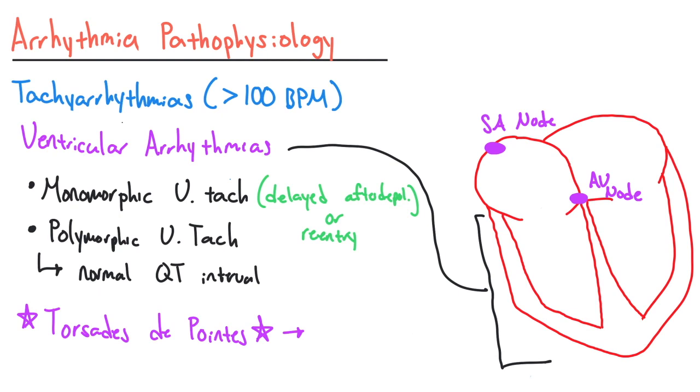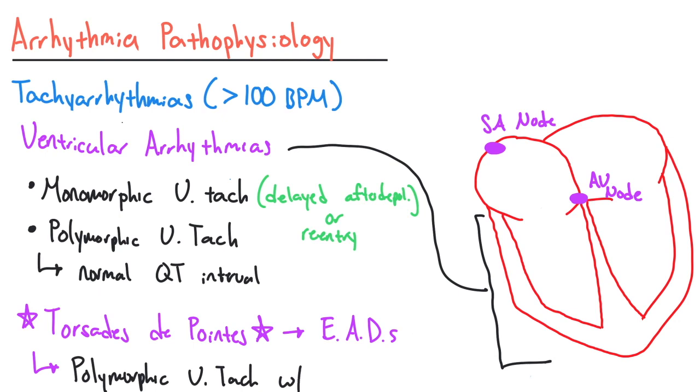And as we remember, this is caused by early afterdepolarizations. And it is classified as a polymorphic VTAC with prolonged QT interval. Something that I really want you to remember for torsades de pointes is that it is, of course, as it